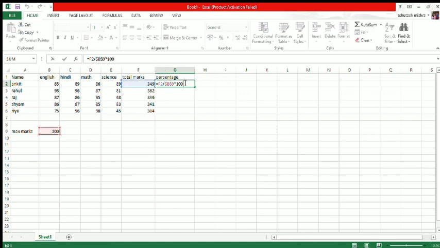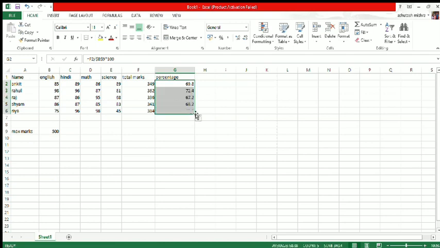Now see, place your cursor here, hold it and drag it. See, that is the corresponding percentage of Rahul, Raj, Syam and Riya.